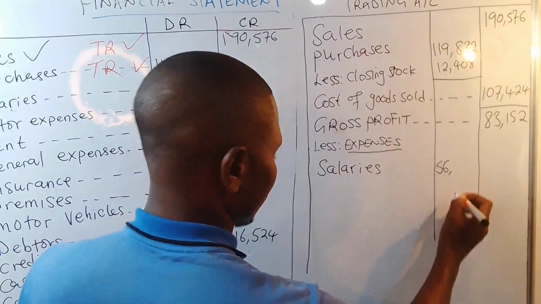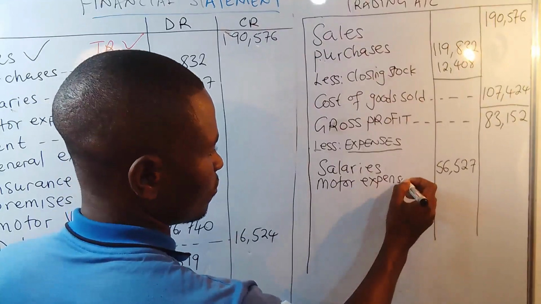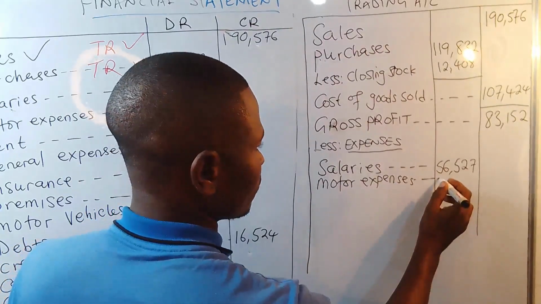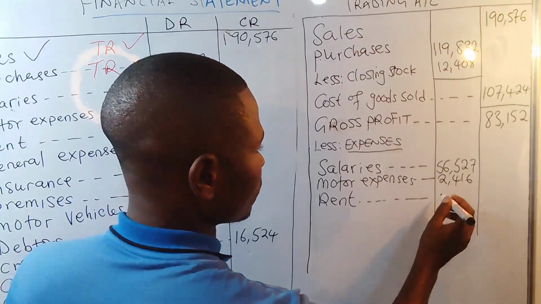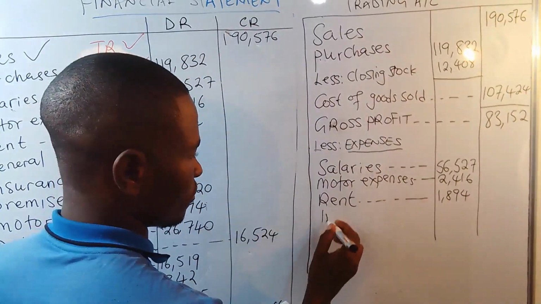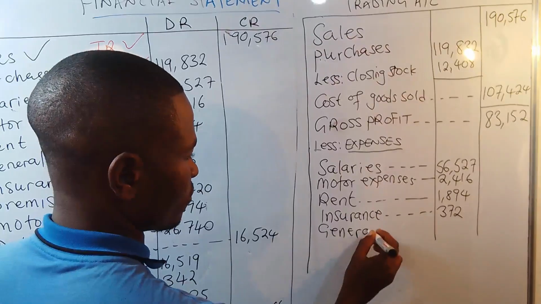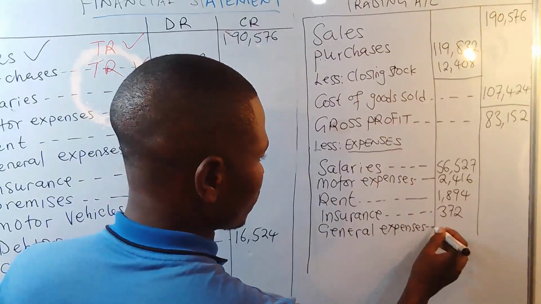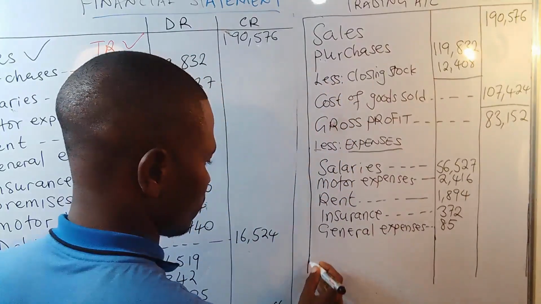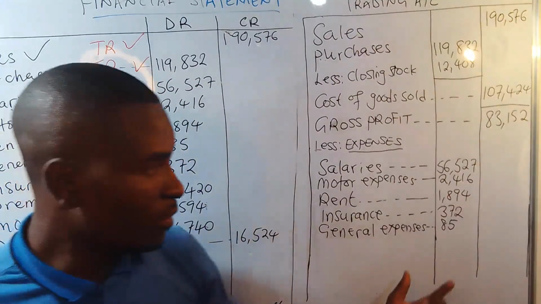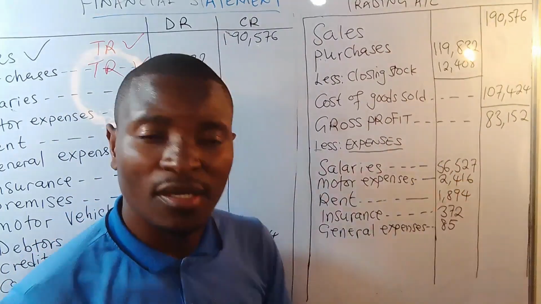So the salaries is going to be... okay. So now once we put the expenses together, you now get your calculator just to add them, sum them,